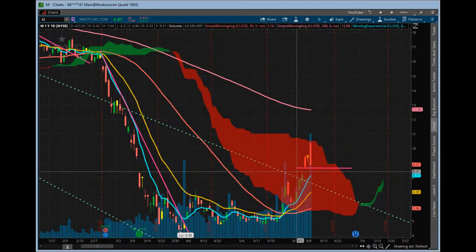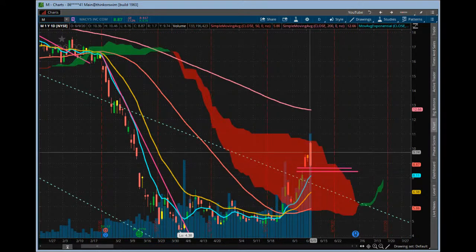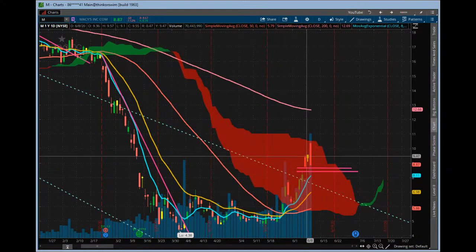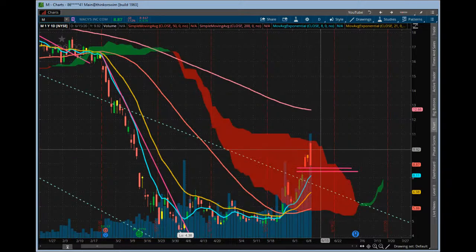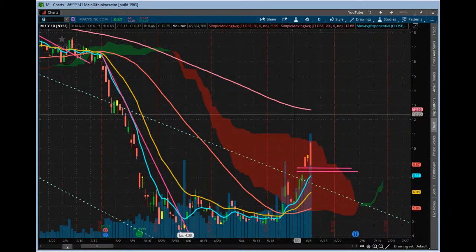And it did get funding, but it's like $4.5 billion of debt, right? They got a lot of work to do to make up for that. So it's still below $10. It just couldn't hold above it. So we'll see what it does here. See if we can get back out of the cloud. It just hasn't got out of the cloud yet.